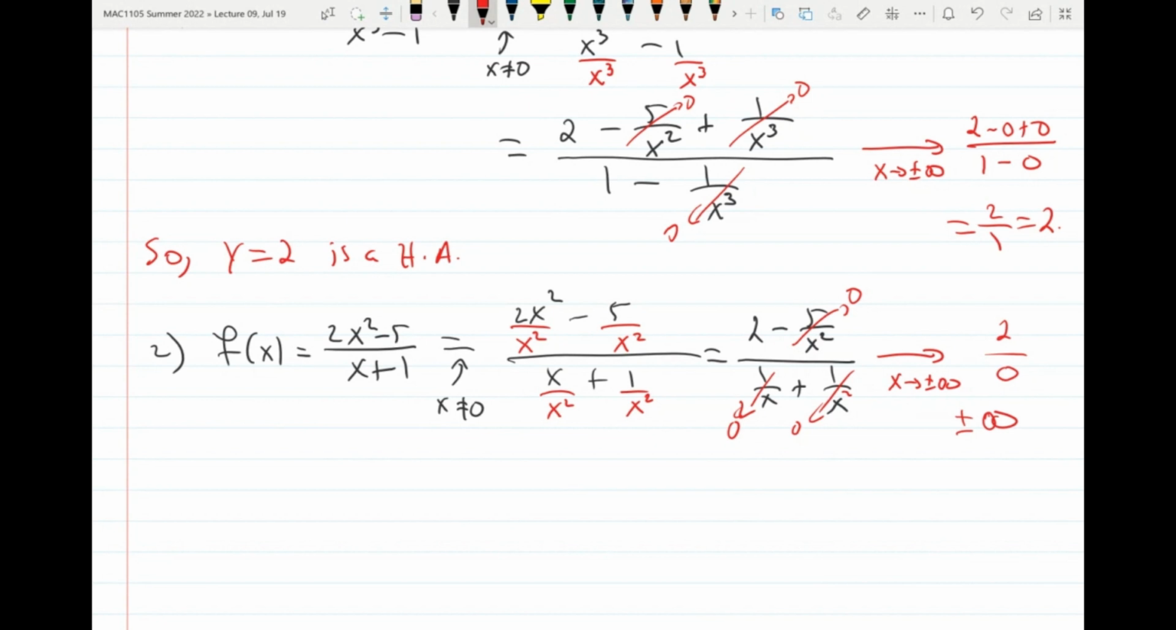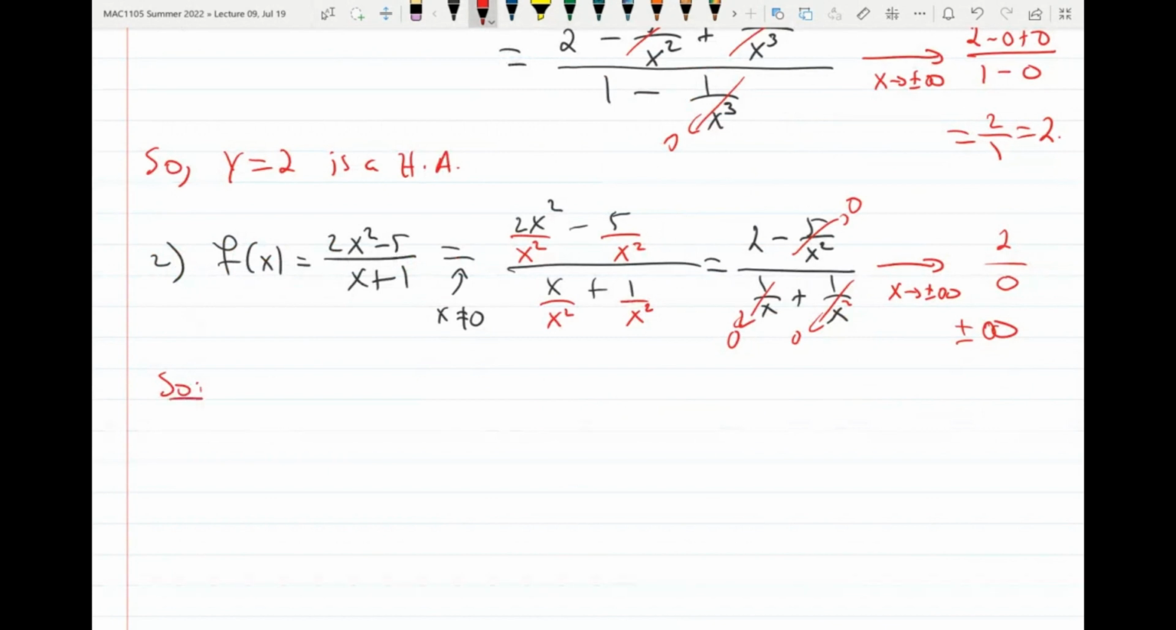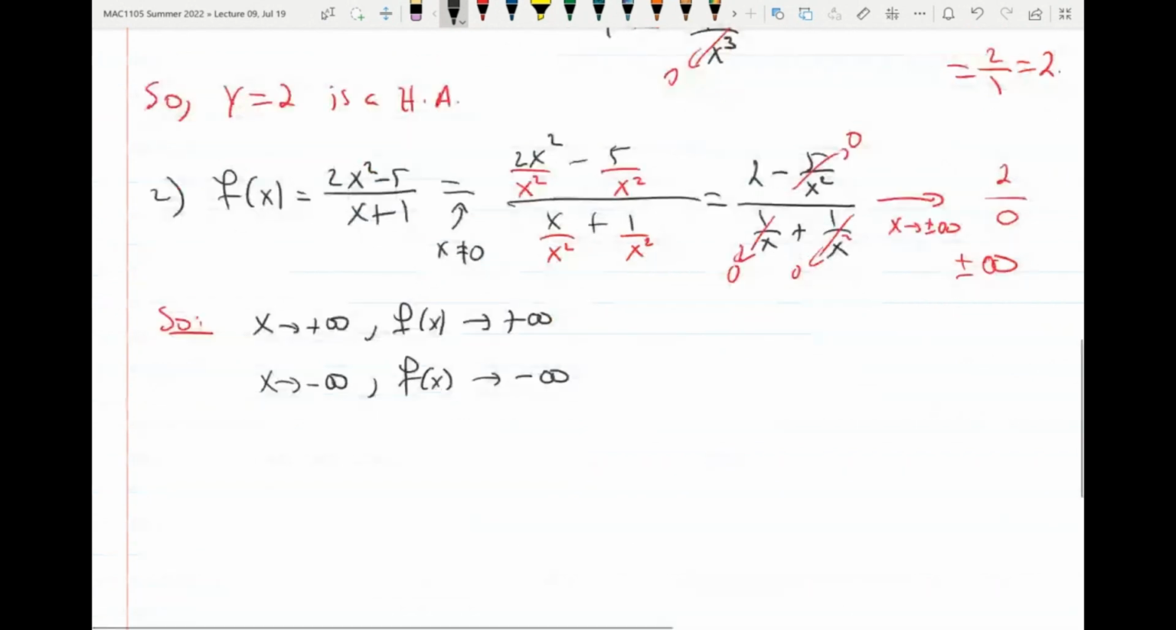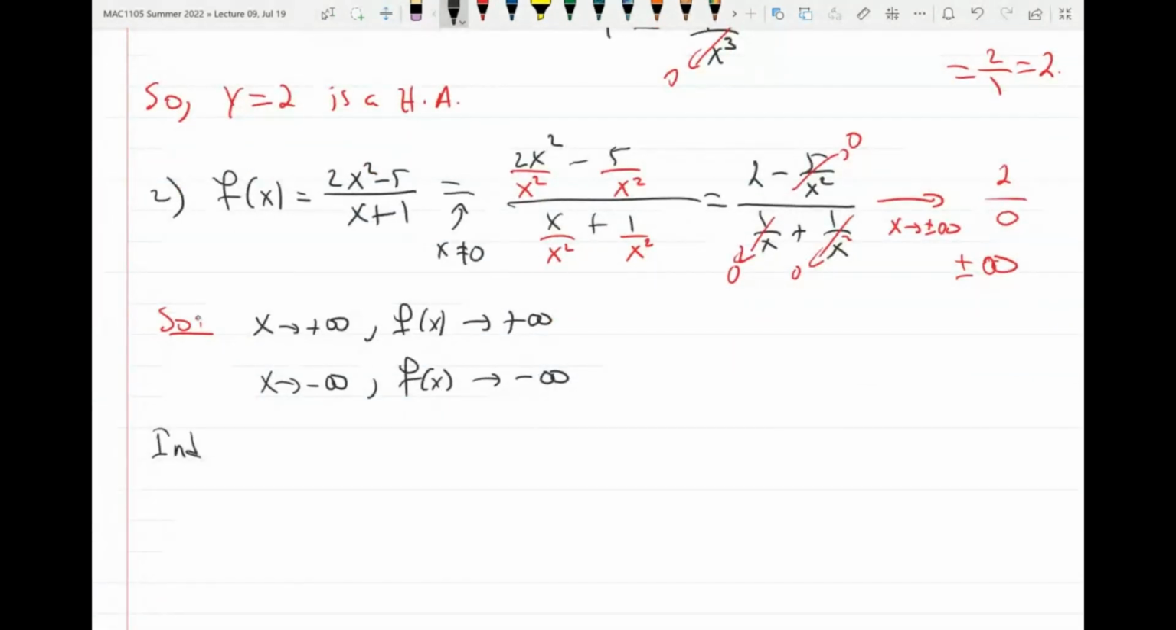So what we can say here is, when x approaches positive infinity, the function f will approach positive infinity as well. When x approaches negative infinity, the function f approaches negative infinity. If you do a sign analysis of this expression, it's easy. And let me just show you indeed,